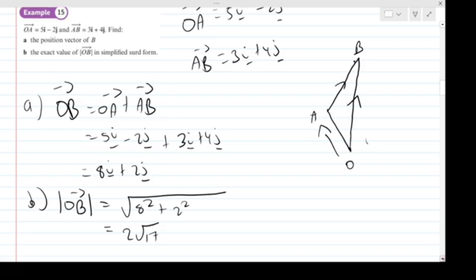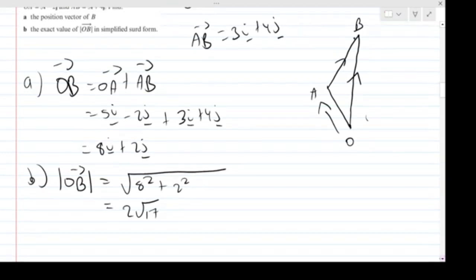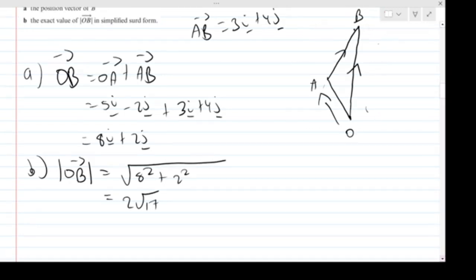Now, I do want to highlight a little shortcut at this point. Hopefully you've got an idea now. We can construct a triangle including my 2 points A and B and the point O. Instead of drawing the triangle every time to visualize what's going on, I do want to pick up the pace with these questions on position vectors. For example, if you have any vector between 2 points A and B, the vector AB,